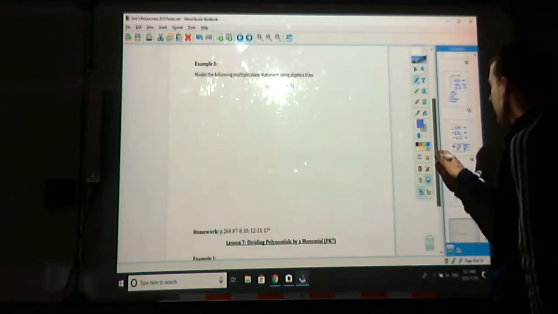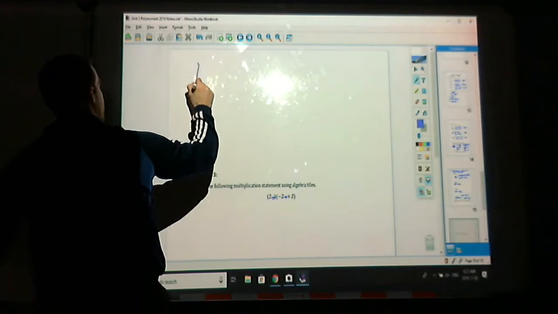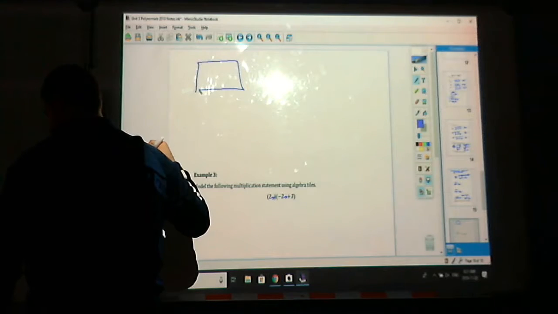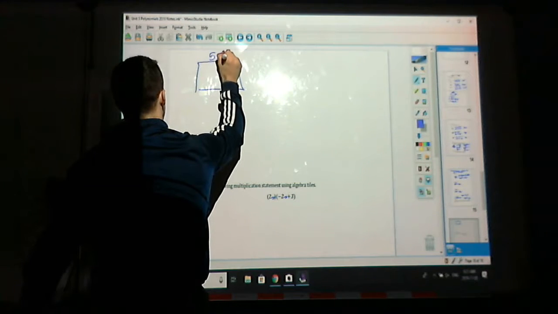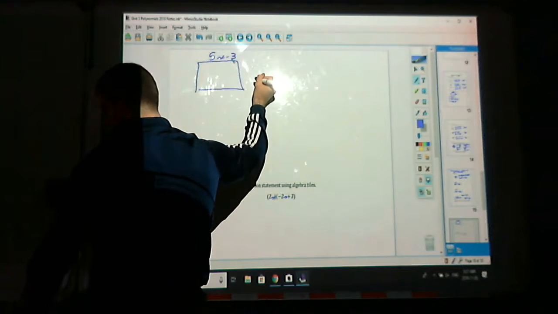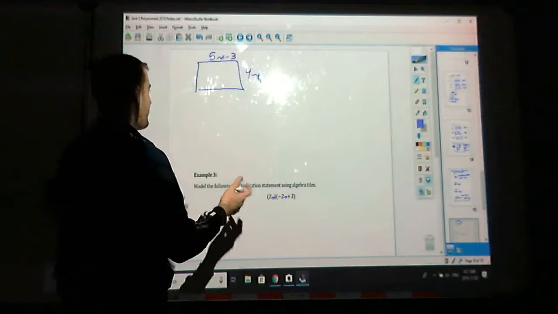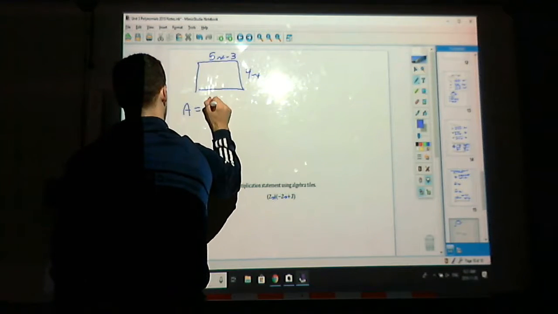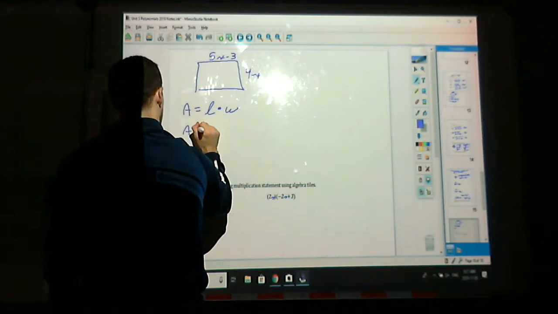Well, we're going to take the same steps that we did last time. We're going to draw it out. It's mostly a rectangle. And so on one end we have 5x minus 3. On the other side we have 4x. If you flip these, it's not going to change the equation, because at the end of the day, what we're looking for is our area is equal to length times our width. In this case, area is equal to